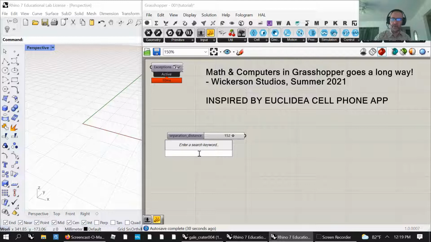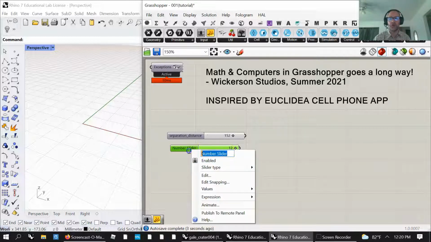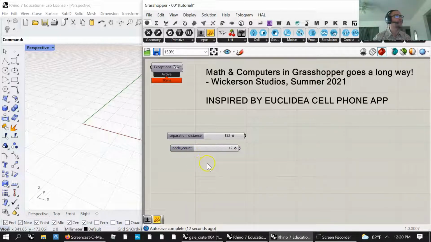So I'm going to go from, I'll probably do 1 to 12, which will come out integers, and I'll set that pretty high to 12. And I'm just going to refer to that as what I call node count. Of course, these are just my choices for variables, and they're all integer or float variables, so they're not too hard to figure out. Node count, and then I'm going to do another number slider that's going to run from